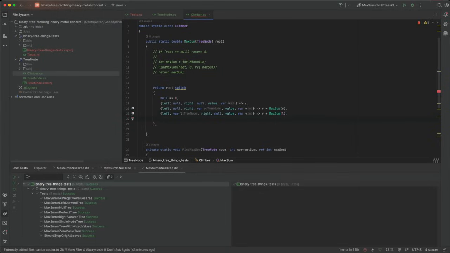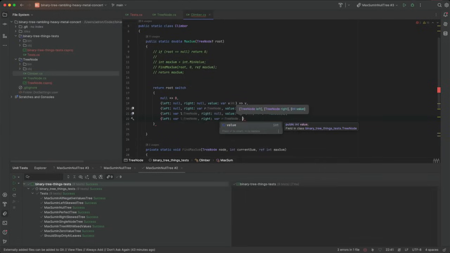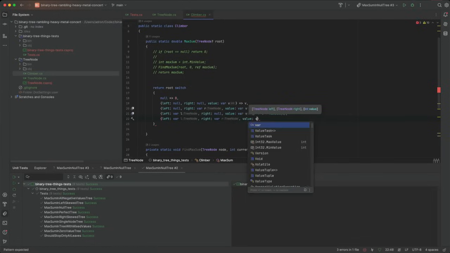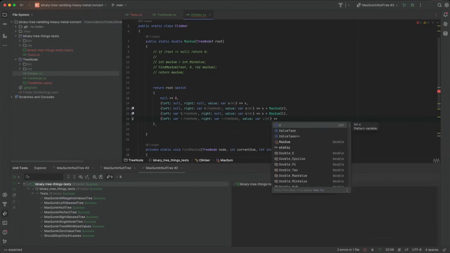And now the last one should be all the bits. So left, var left. No, it doesn't want me to, oh, I just have to complete it. Okay, right, var right, and then value is v, var v. Do I have to put the, I guess I do have to put the vars. It almost seems like you could take those out. But yeah, v plus, and then this one is where I need to do,